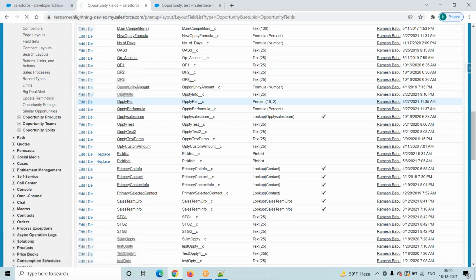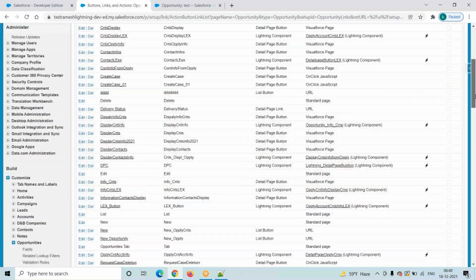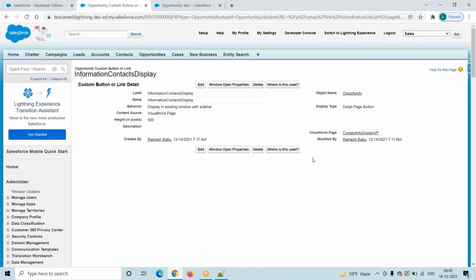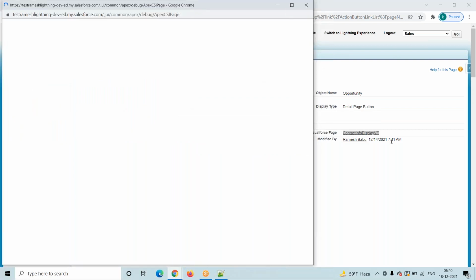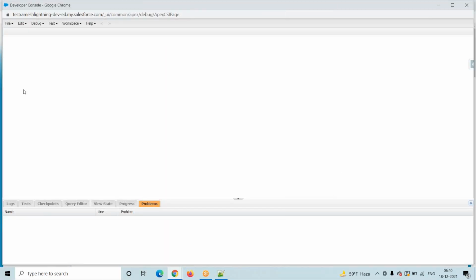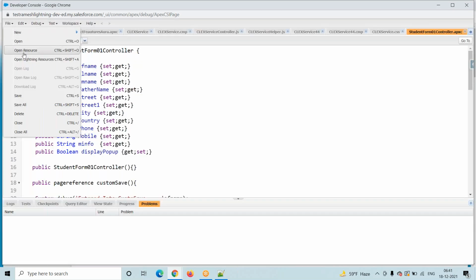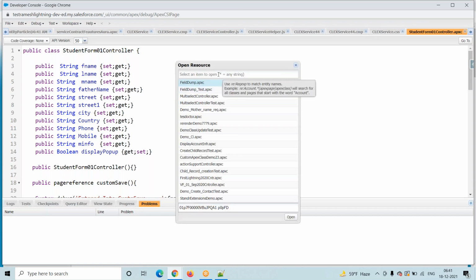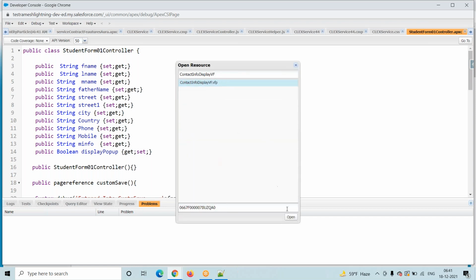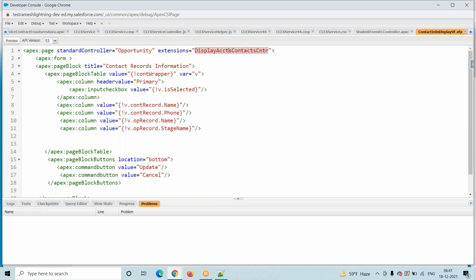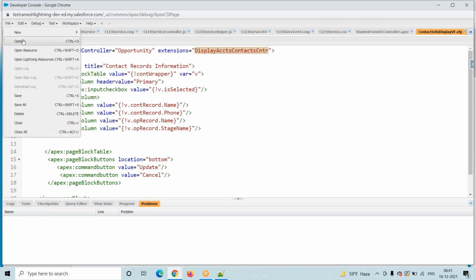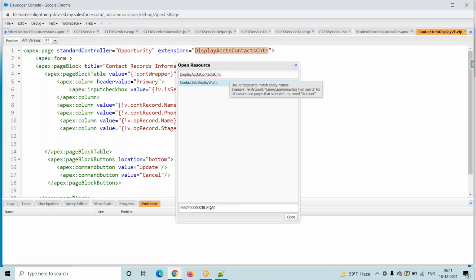Opportunity. One second, I am opening that page. First of all, how will we identify whether user selected this particular record or not? That is the first step. Go to here, file, open resource. This is my Visualforce space. Open this Visualforce space, and now go to here, file, open resource, and see here,